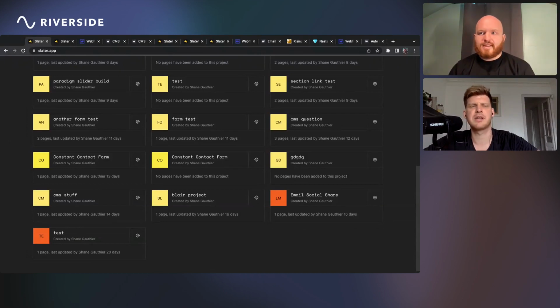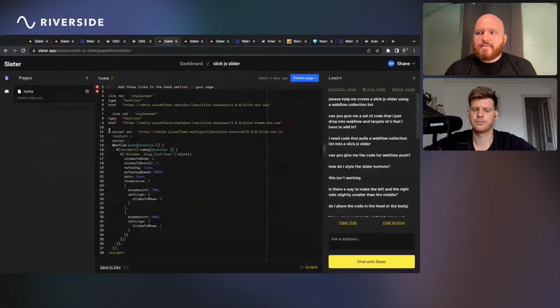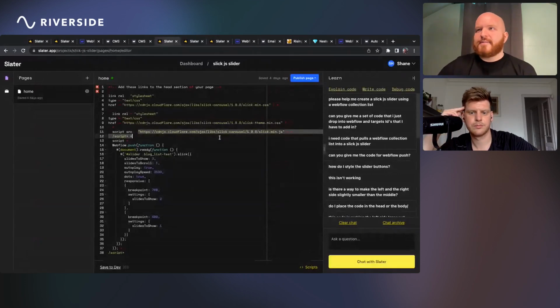Do you have any advice for someone that's maybe quite intimidated by JavaScript and is like, I don't really know whether Slater's for me because I don't know JavaScript? Would you just say, jump in and get making stuff, or how would you approach it? I guess my first rule of thumb is to always push Webflow to its limitations in other things, but I wouldn't be scared of it. It's not too crazy.